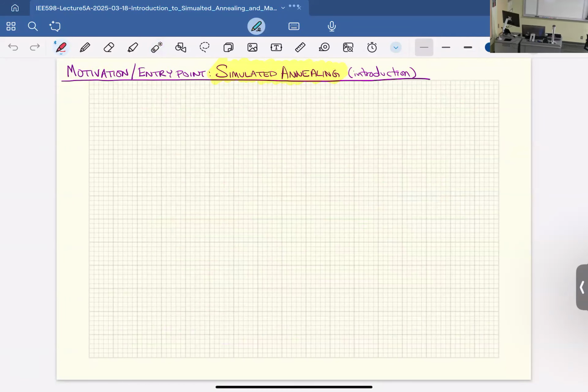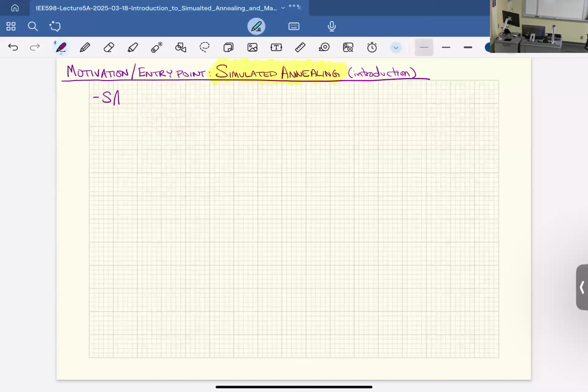So our entry point here is that, in this section of the unit, we are trying to motivate simulated annealing, a very popular, still today, optimization metaheuristic. We're trying to see how you build simulated annealing, where it comes from, and how it relates to other things that you might see as a data scientist or computer scientist. So what is simulated annealing? I'm going to call it SA.